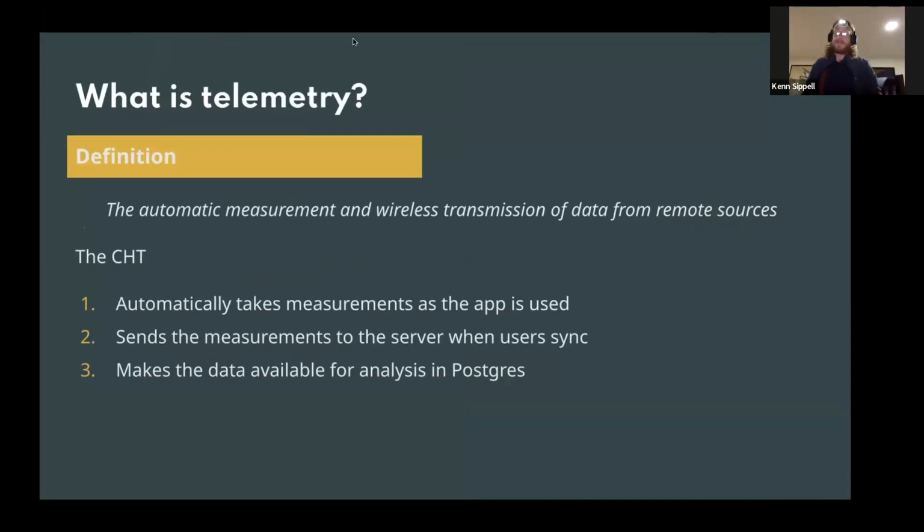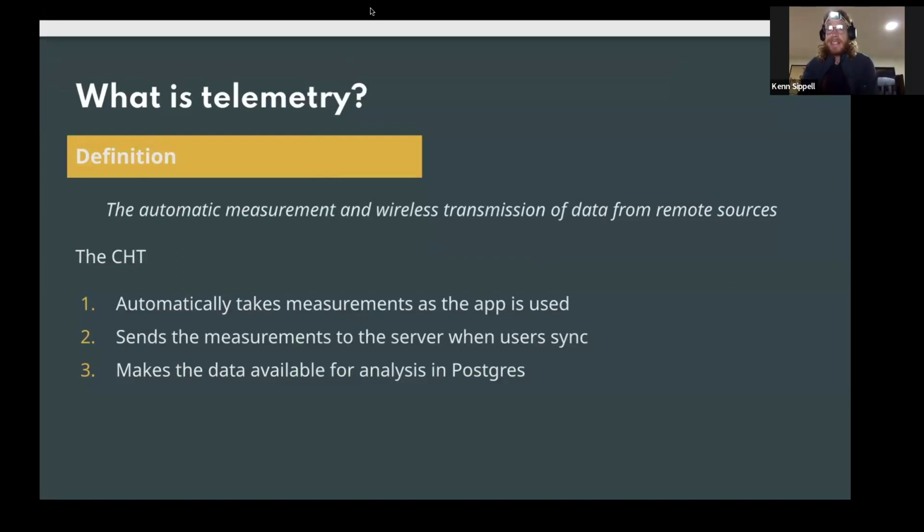Yeah, so telemetry systems exist all over the world in all kinds of systems. And abstractly, this is just when you want to automatically measure and wirelessly transmit data from remote sources. So in the CHT, that means that we want to automatically take measurements as the app is being used, and then send the data of those measurements to the server